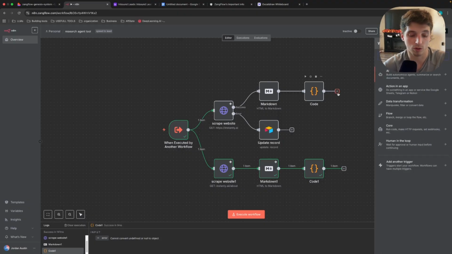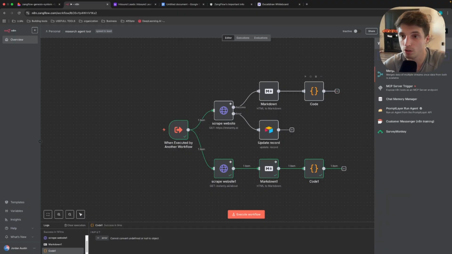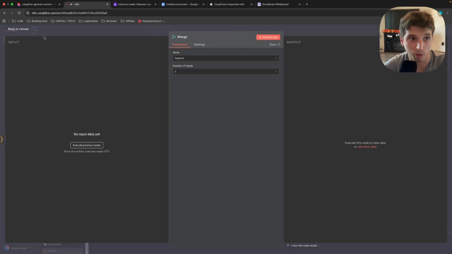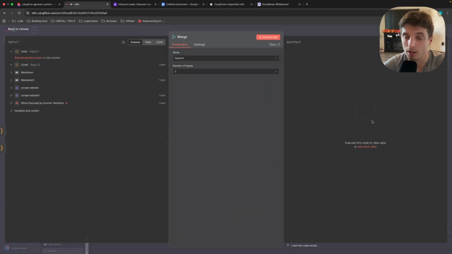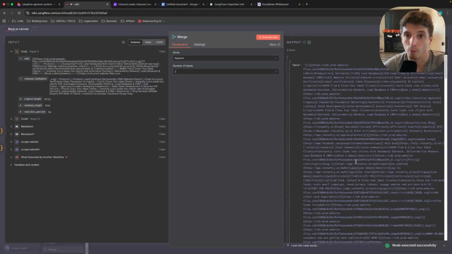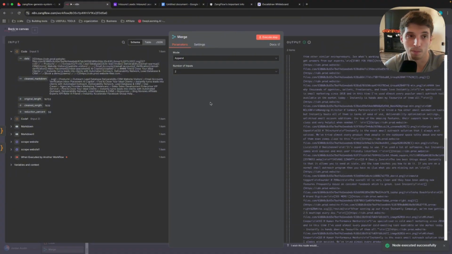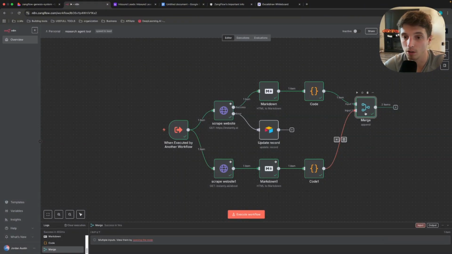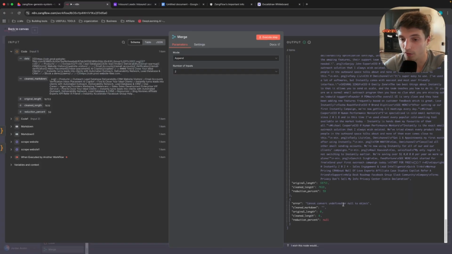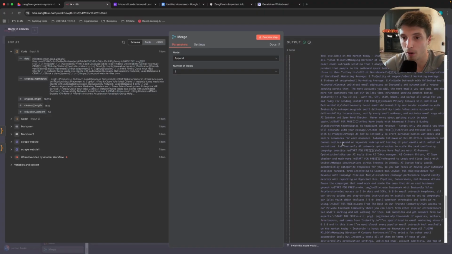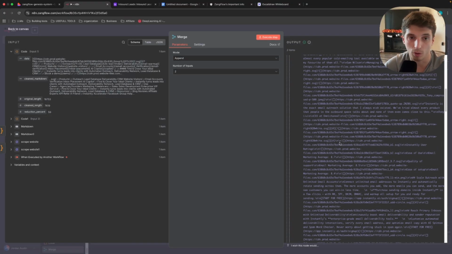If you go over to here and you go to merge, this is how you're going to merge data of multiple streams once data from both is available. So we're going to take this input and combine them together. And if you look here, we now have two items, but it's both of our data streams put together. If you look at our bottom one, for example, "cannot convert undefined or null object," basically letting us know, hey, they didn't have an about page,